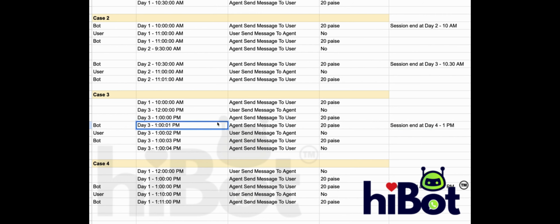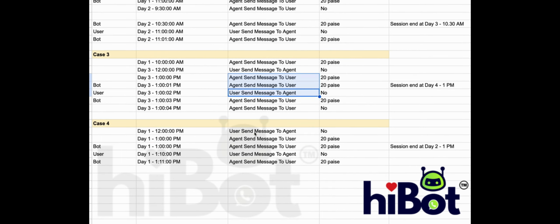Depending upon this time. Now considering a last case wherein the user sends you a message directly to your RCS agent, maybe after 10 days, maybe after scanning a QR code. Even in that case, the incoming message is free. Your first outgoing message is going to be charged. Your second outgoing message is also getting charged because the customer has not replied back to you after your outgoing